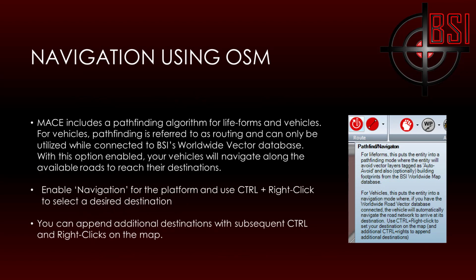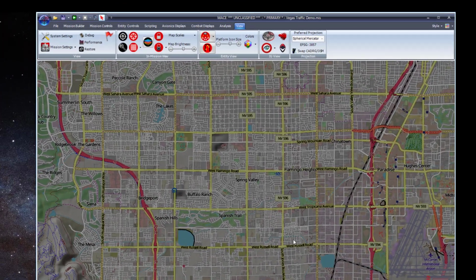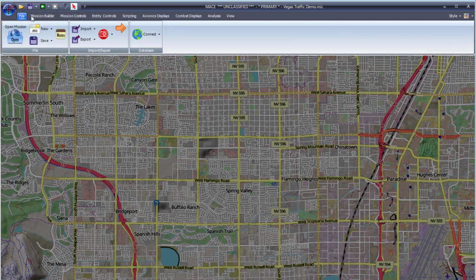MACE includes a pathfinding algorithm for life forms and vehicles. For vehicles, pathfinding is referred to as routing and can only be utilized while connected to BSI's worldwide vector database. With this option enabled, your vehicles will navigate along the available roads to reach their destinations. To connect to BSI's worldwide vector database, navigate to the File tab, select Connect, and check BSI's worldwide road vectors